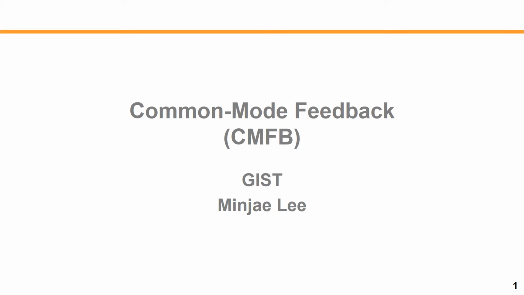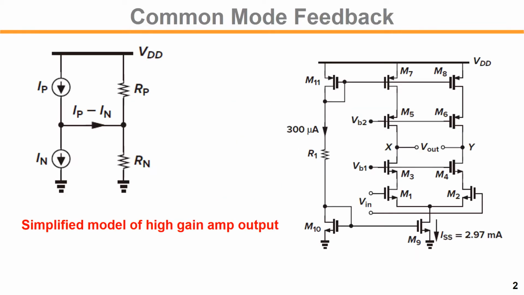Let's talk about the common mode feedback circuits. Let's suppose you have a pull-up and pull-down current and the output impedance RP and RN. Let's say if there's any small mismatch current between IP and IN, the difference will have to flow through the RP and RN in parallel. Because of the high output resistance, typically, if there's any small amount of current flow through the RP in parallel with RN,